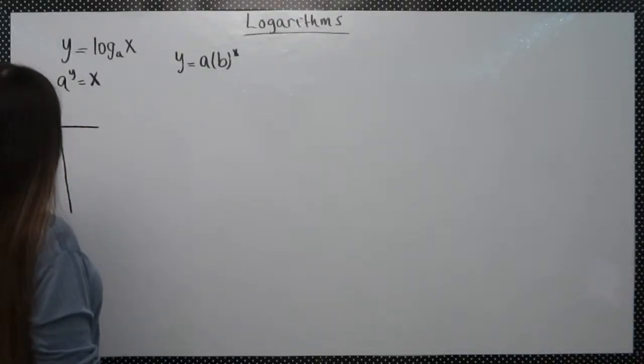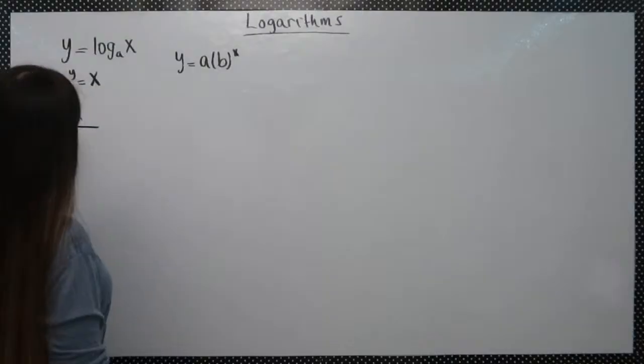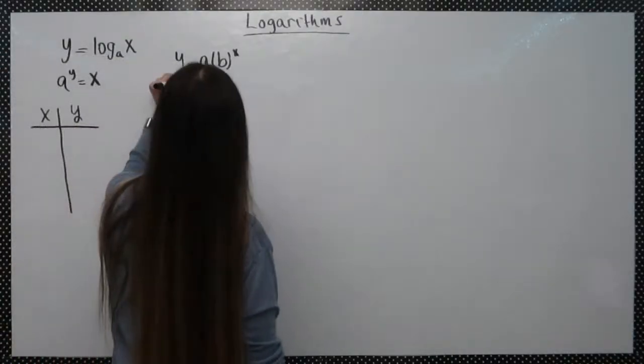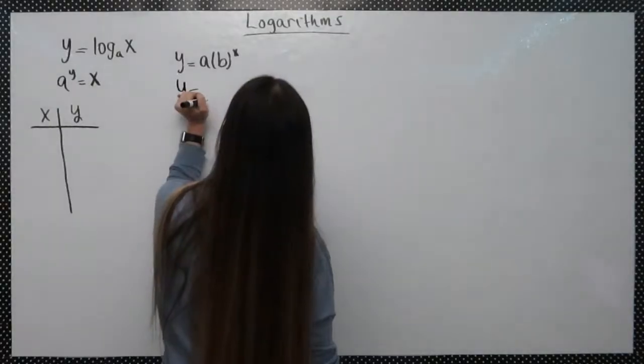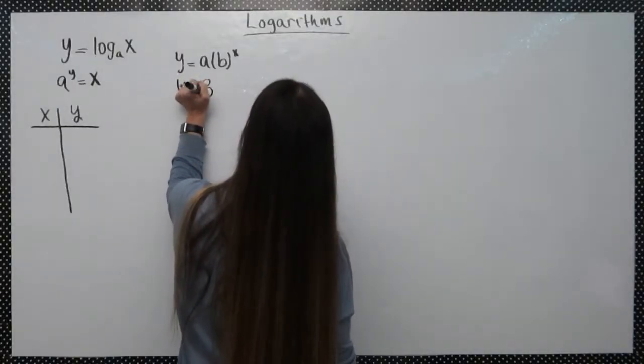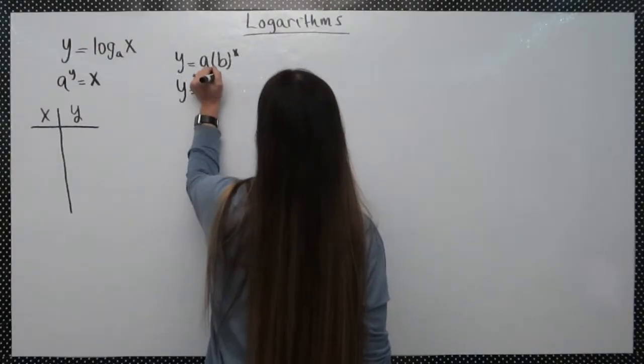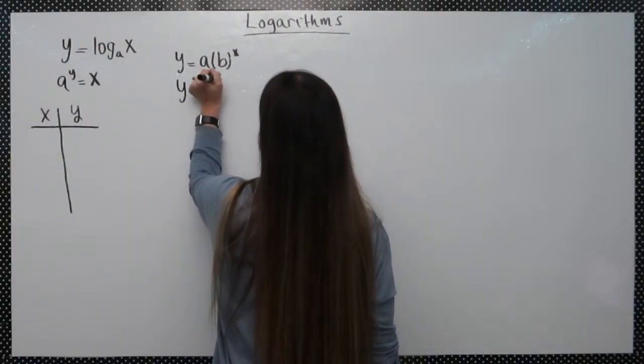So we'll look at y equals, and we'll leave a as 1, and we'll say b is 3. And so we're not drawing exactly the same graph as yesterday, but we'll say 3 to the x,